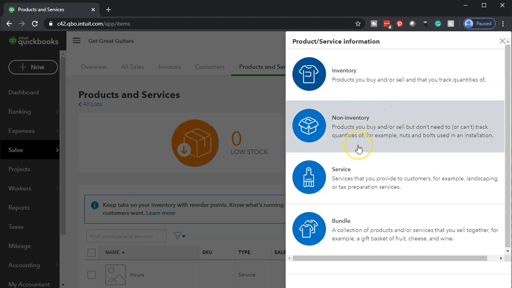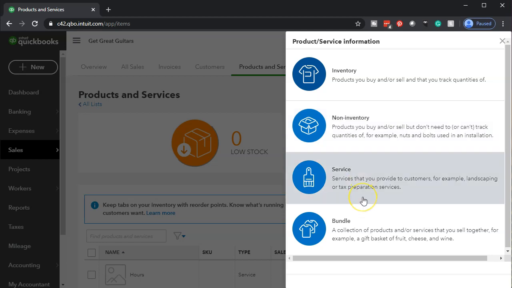So you do have another option, which is non-inventory. Products you buy or sell but don't need to or can't track quantities for, for example, nuts and bolts used in an installation. So for example, if you're talking about things that you can't really track, such as small things like nuts and bolts that are part of the installation, then you can use a non-inventory item. Then we have these service items, and these are going to be the two different kinds of characteristics. If you have inventory,